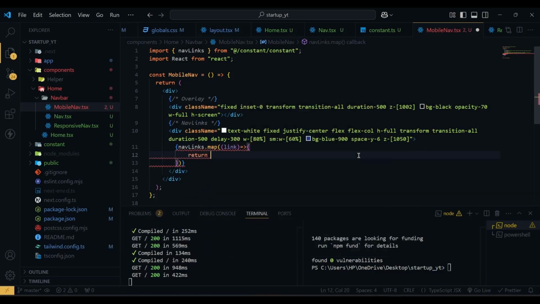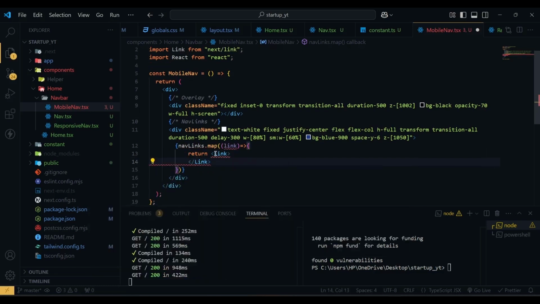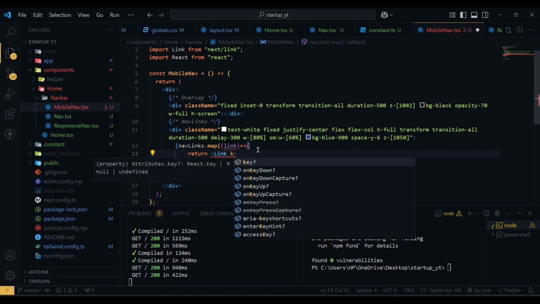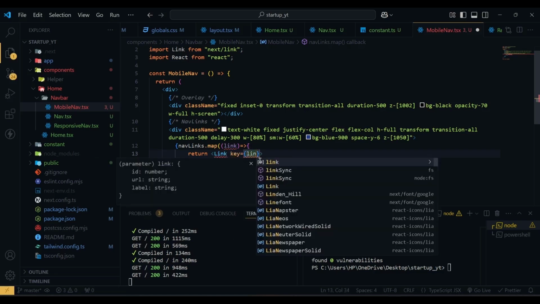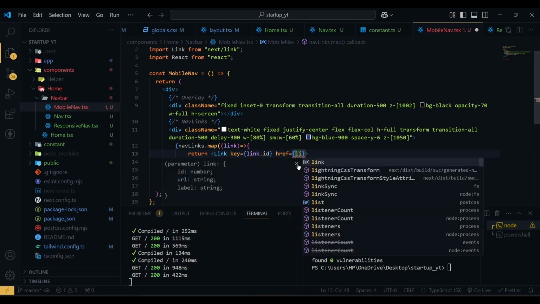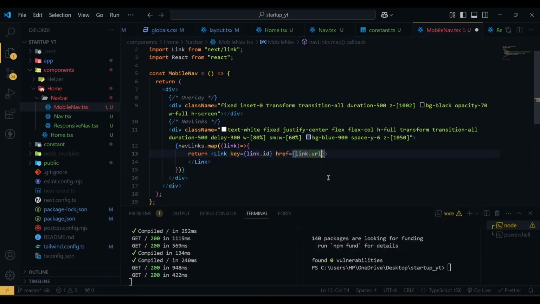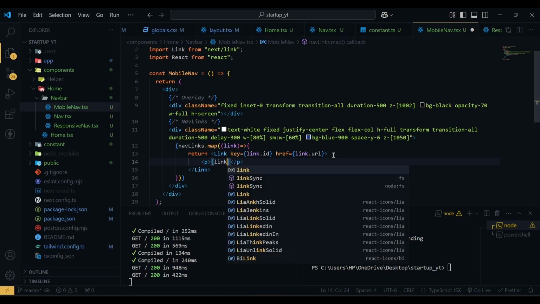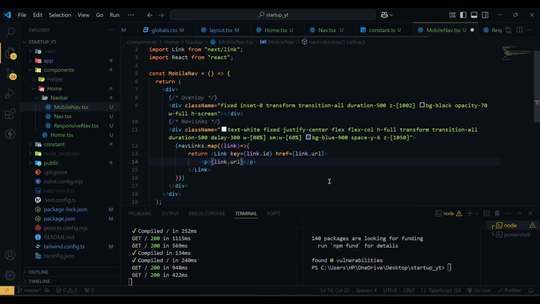Then we are going to return a link which is coming from our next link, and here we are going to pass the key, which will be link.id. Then we are going to pass the href, which will be link.url, and inside this we have a p tag with our label, so link.label, and this p tag will have a